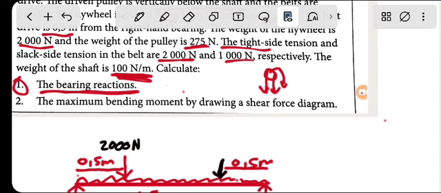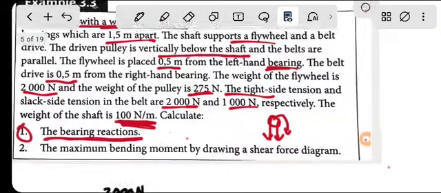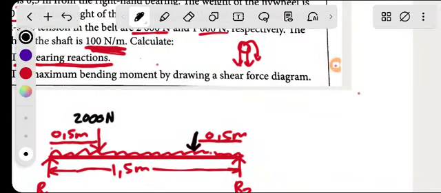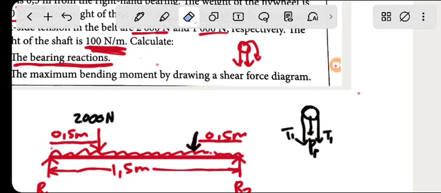Then here from this side is the pulley. We have a pulley and flywheel, you see, from the left bearing. Now the pulley, remember, it will consist of tensions like this. Here will be the weight of the pulley acting down, and here we will have T1, T2. We'll have to find the weight. Now we cannot just write it as it is. You're supposed to find it; it's acting below. So since it's acting below, we know that to find